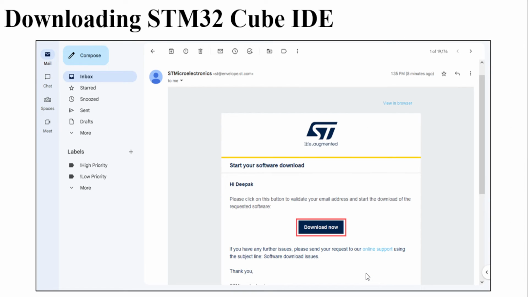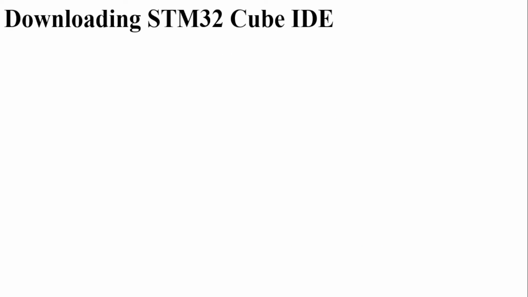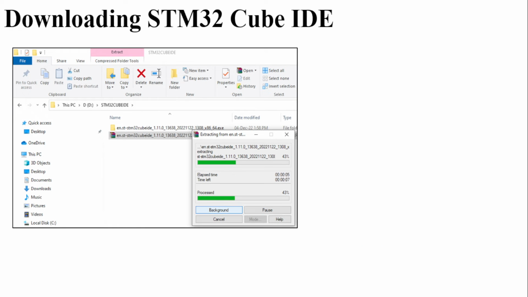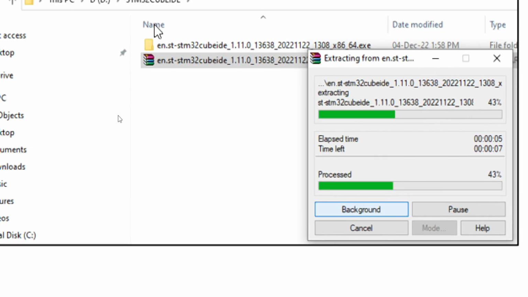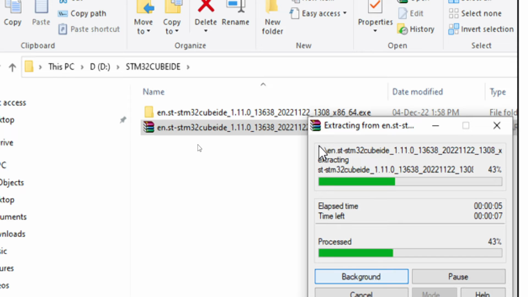This will ask you for your email address, and an email will be sent to your email ID. Open that email, which will be sent from STMicroelectronics, and click on the Download Now button. Then you will be able to download the software. This software basically comes in the RAR format, or you can say in the zipped format. Unzip the software,